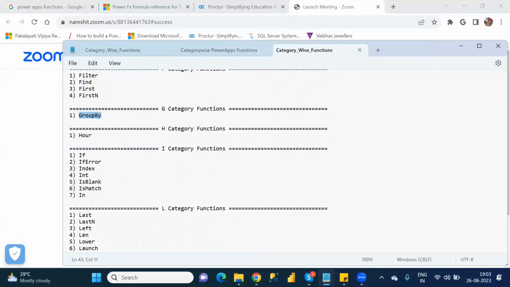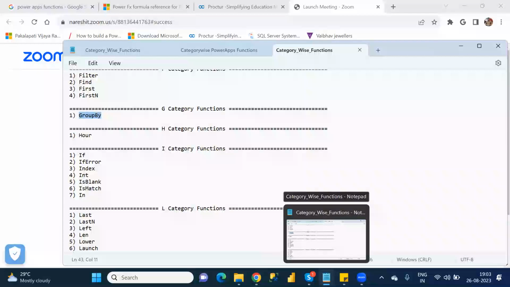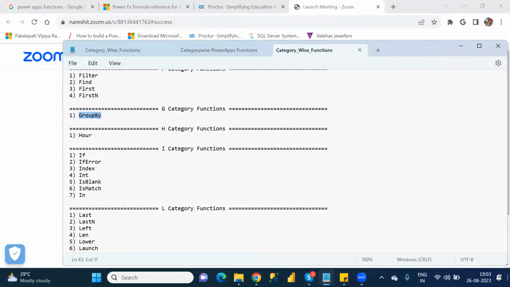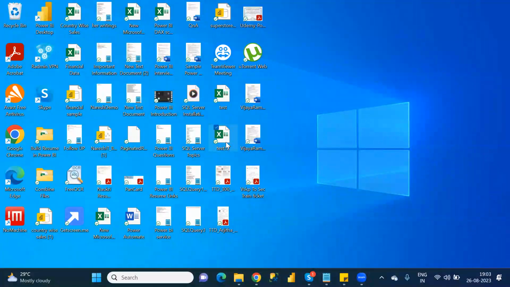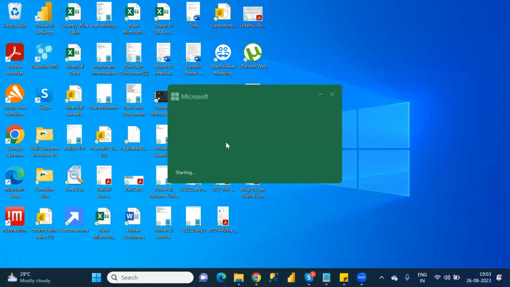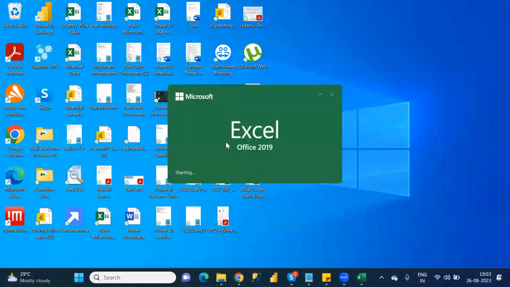Okay. First, what is group by? Group by is nothing but summarizing the data. So what is group by? That I will discuss with you. Suppose, for example,